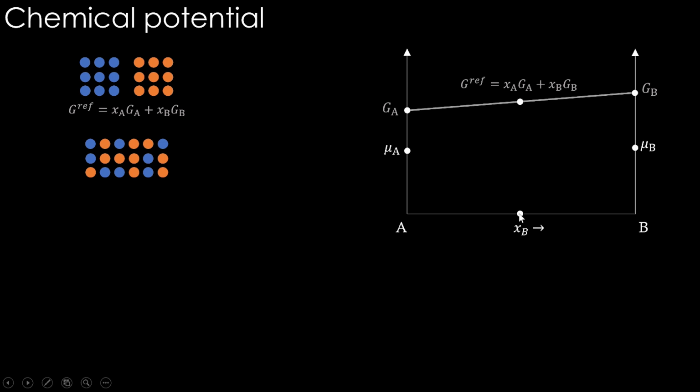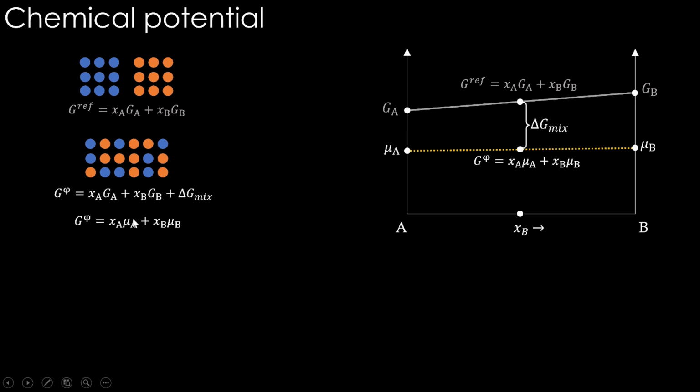Therefore, for this composition, the Gibbs energy of the solution will be lying on this line here. This is the Gibbs energy of solution, which is nothing but a rule of mixture of this mu_A and mu_B based on the mole fraction. So that is G of phi, the phase phi's composition, phi is the solution's name now, X_A mu_A plus X_B mu_B. Right. So this is the Gibbs energy of the solution. How is it different from this mechanical mixture Gibbs energy? This delta G mix has to be added. So we can write it mathematically like this.